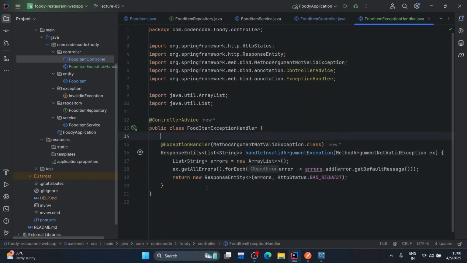Once this is executed, we'll create a list of errors, get all of the errors from the exception object, save them into the error list and send back that error list with a response code bad request. So the user will receive this. So if I run the application and show you the same,